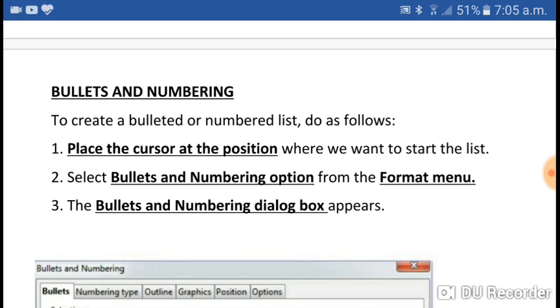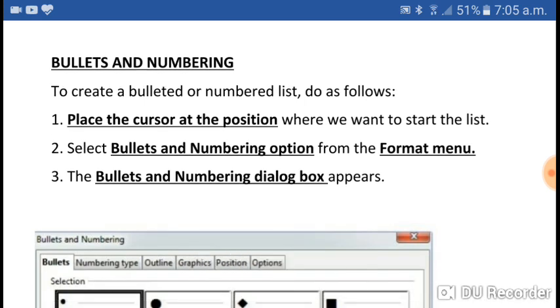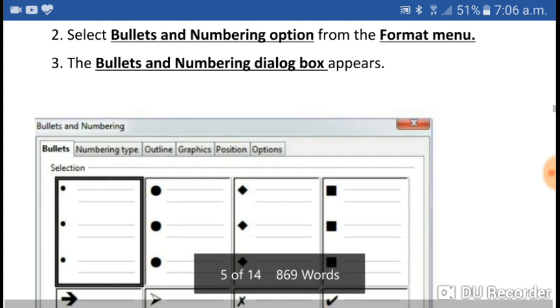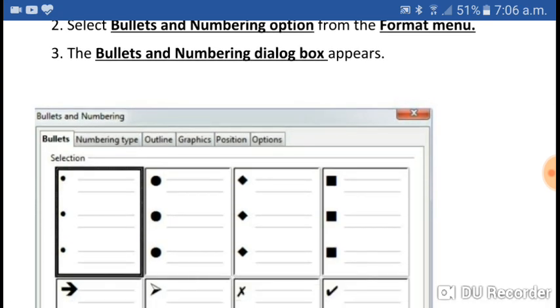For this, first of all, place the cursor where you want to start the bullets or numbering, and from the Format menu there is the option Bullets and Numbering. Again I am repeating, in the Format menu there is the option Bullets and Numbering. Click on that. Whenever you click on that, the Bullets and Numbering dialog box appears.